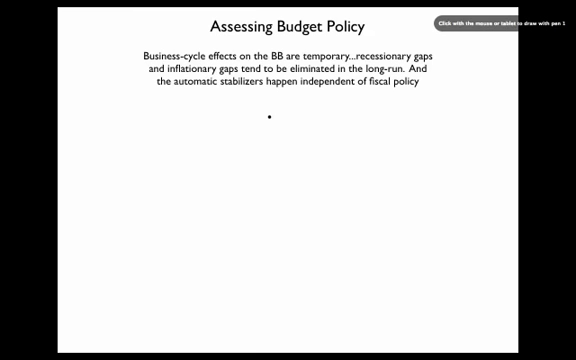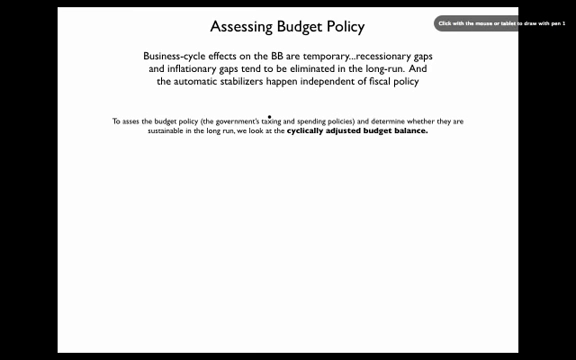Now, let's talk about assessing budget policy. So we all remember the business cycle effects on the budget balance are temporary. Recessionary gaps and inflationary gaps tend to be eliminated in the long run, as we saw back in section 4. And the automatic stabilizers happen independent of fiscal policy. So to assess the budget policy, or in other words, assess the government's taxing and spending policies and determine whether they're sustainable in the long run, we're trying to think about long-term economic health, we look at something called the